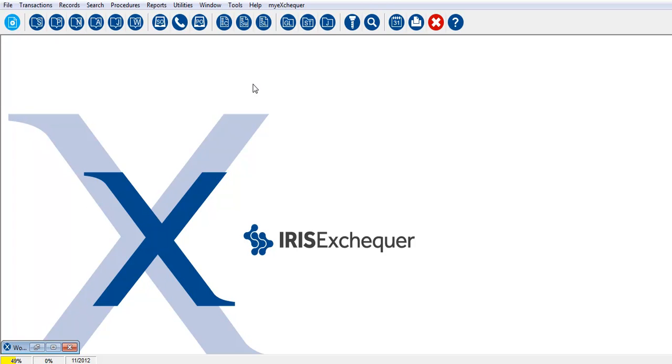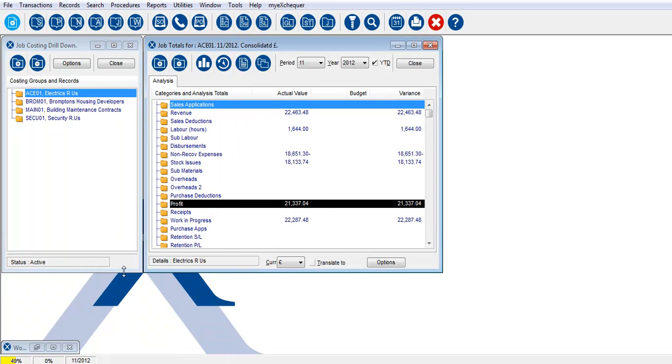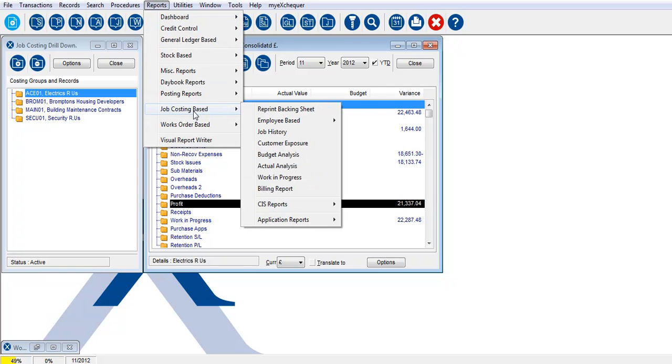As well as the management side of things, so actually viewing the job costing screen through the tree diagram we looked at a few moments ago, we also provide a nice library of reports to help you get more information out of job costing, and there's quite a vast range here. So as you can see, actual versus analysis, budget analysis, there's some CIS reports if you have the CIS module